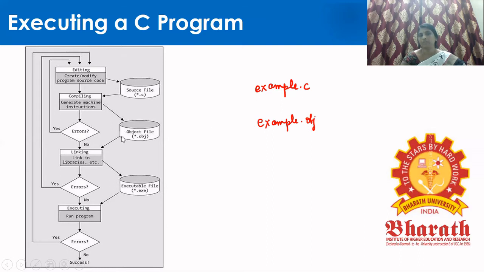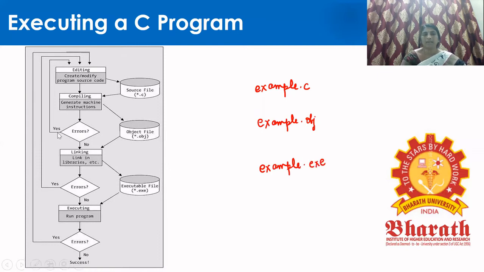After converting to machine code, it will link to the libraries. When it links to the libraries, stdio.h or any mathematical functions, meaning math.h, will be linked to the files, and then it will be converted to an executable file if no errors are there.